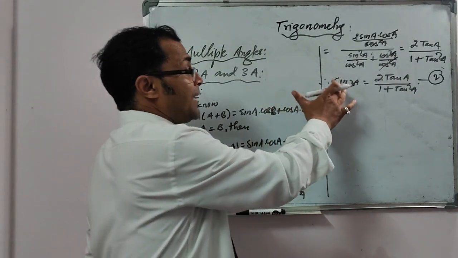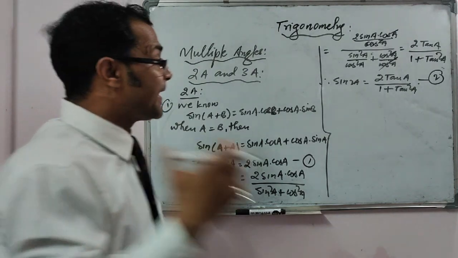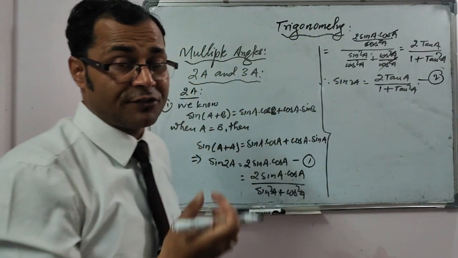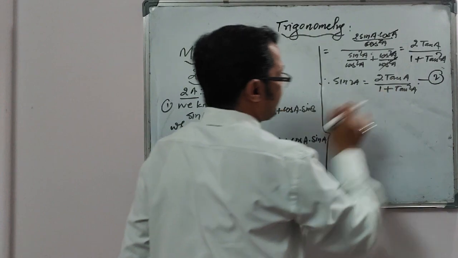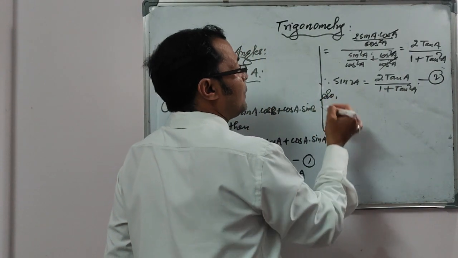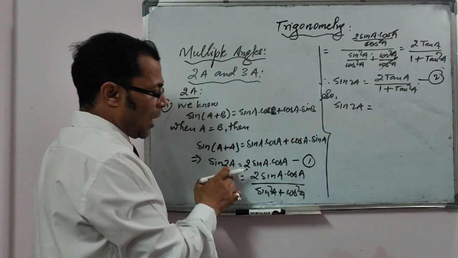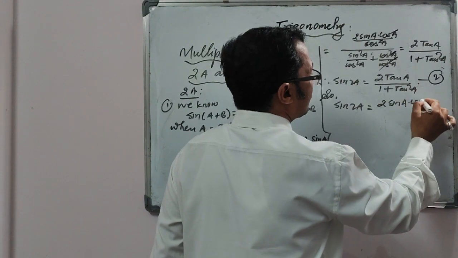Now, for sin 2A we can make one more formula. Guess what that is? That is in terms of cot, because I just made one formula here in terms of tan. And now I'm going to make the formula of sin 2A in terms of cot. So, sin 2A equals, once again, come to equation 1, 2 sin A cos A by,